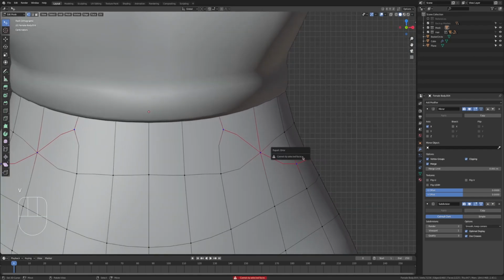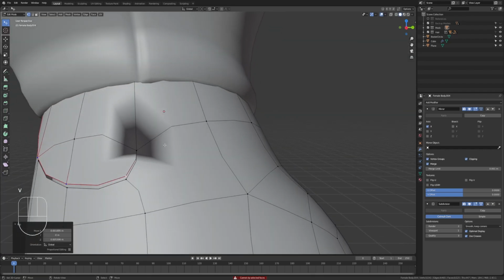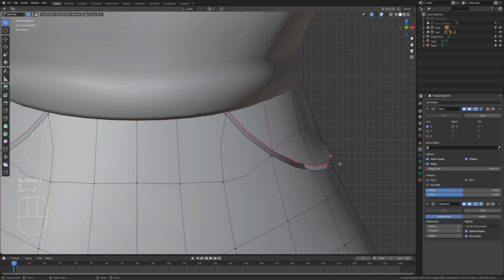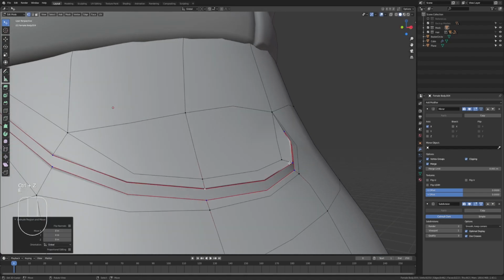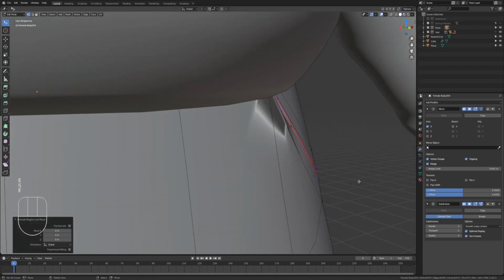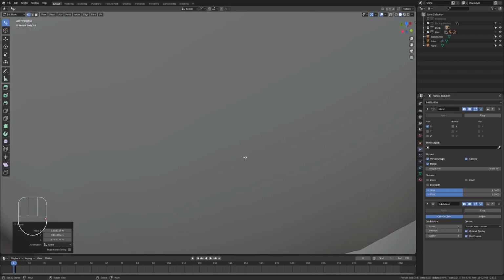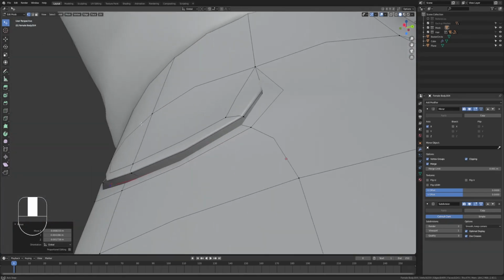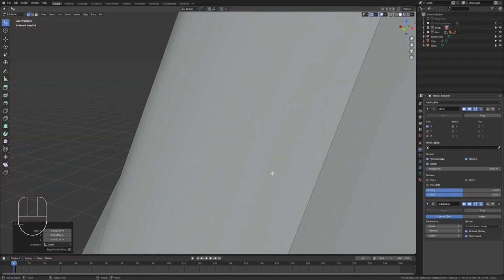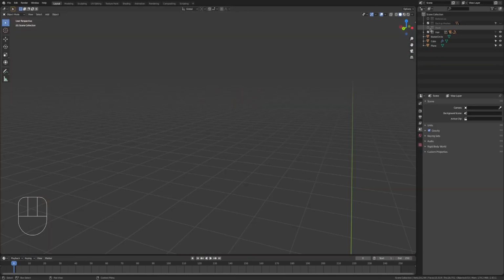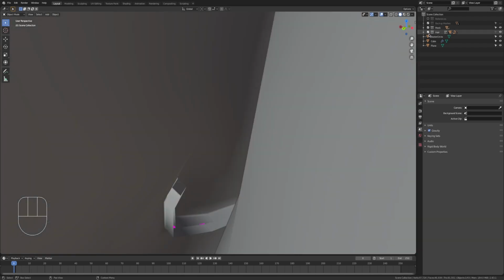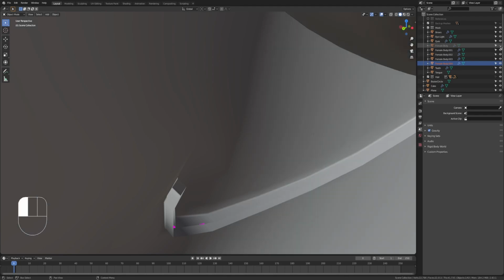And then you make a rip by pressing V. And you just extrude. Hide the female body,